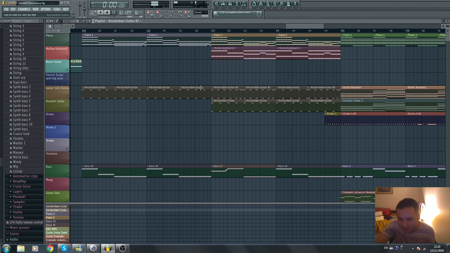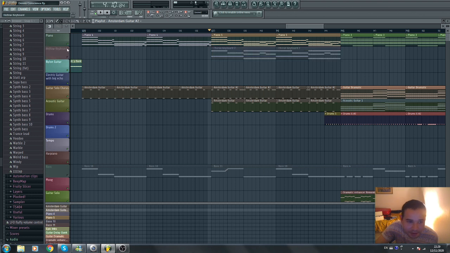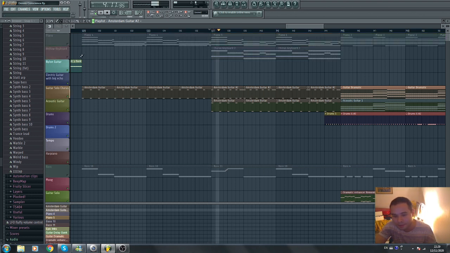And then, as you can see there, I've layered another set of guitar which is doing exactly the same. So you end up with this. So I'm going to silence everything here so you can see. Which is quite cool. So that's quite cool, and then it fades into the rest of